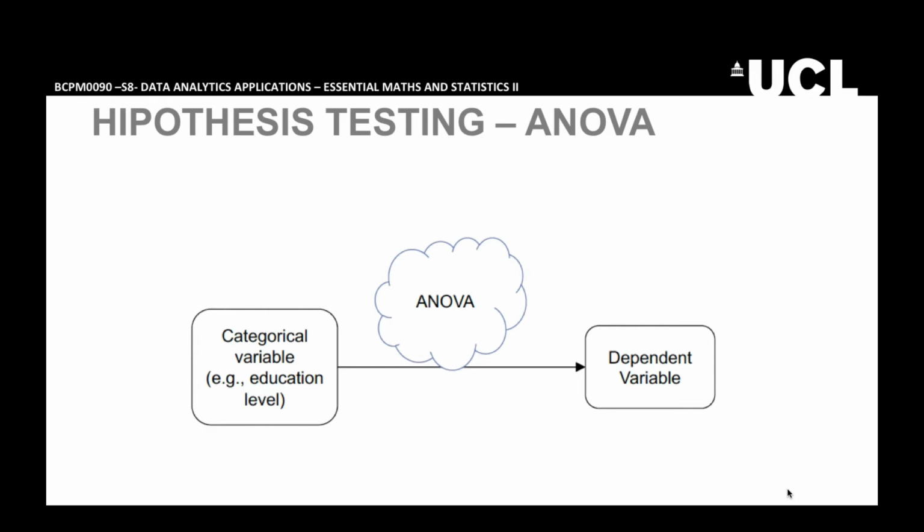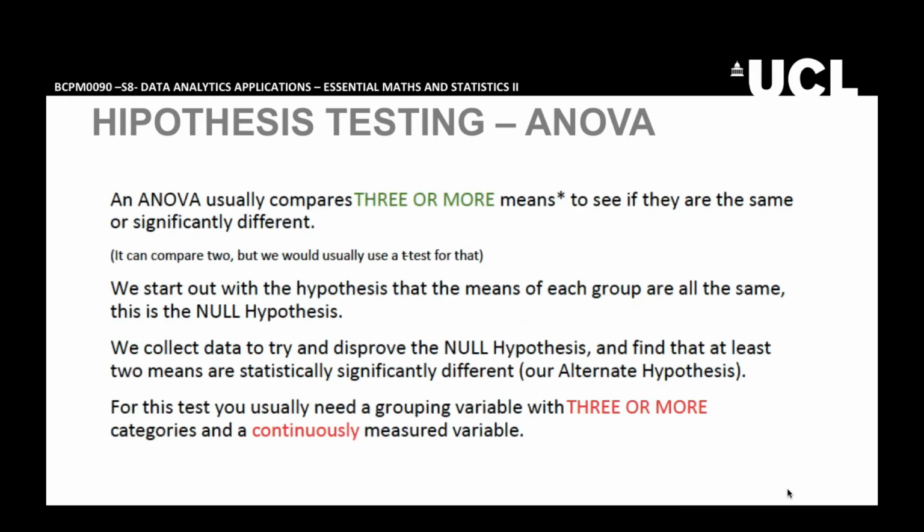We will use the ANOVA method. The rationale behind ANOVA is similar to the t-test, but in that case we are comparing three or more means to see if they are the same or significantly different. In that case, the null hypothesis says that the means of each group are all the same. And to disprove the null hypothesis and accept the alternative one, we need to find that at least two means